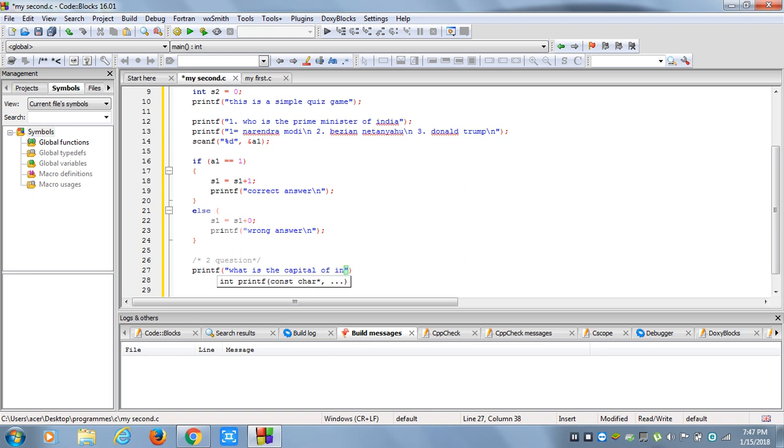And then if you want to give a new line, so you can give it by a backslash n that I have told you earlier, and then a semicolon, and after it